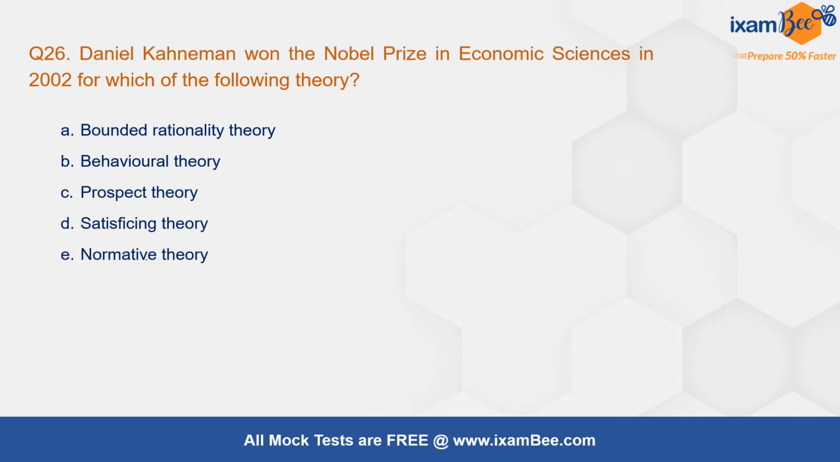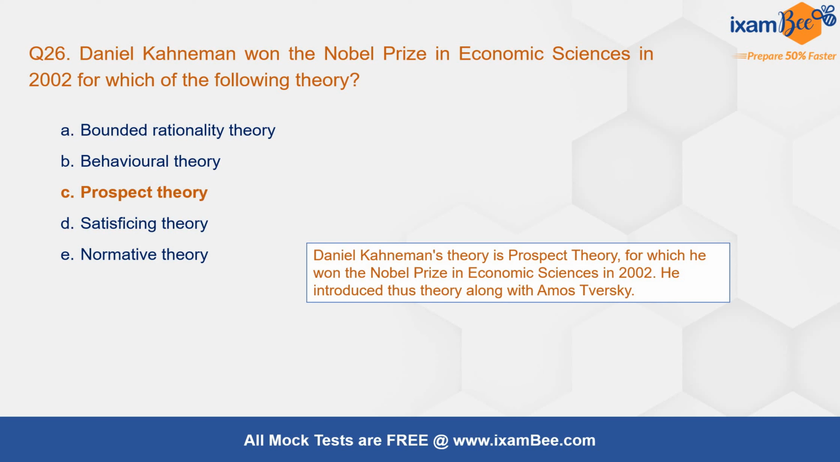Moving to the next question, question 26. Daniel Kahneman won the Nobel Prize in Economic Sciences in 2002 for which of the following theory? Was it bounded rationality theory, behavioral theory, prospect theory, satisficing theory, or normative theory? The correct answer is prospect theory. This theory he had given along with Amos Tversky. So they together had brought out the prospect theory, which is about taking decision in cases of uncertainty and risks